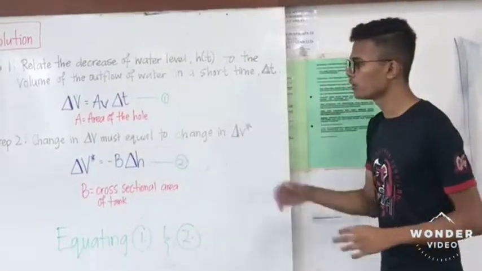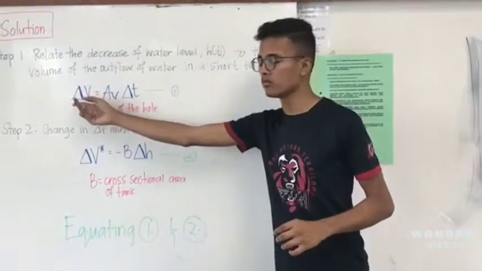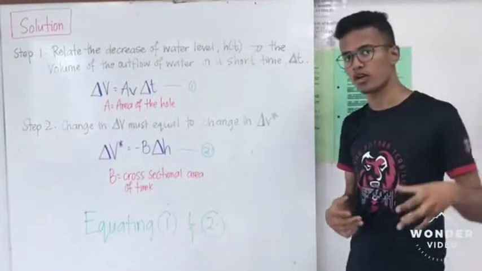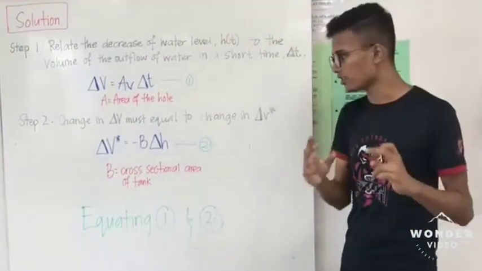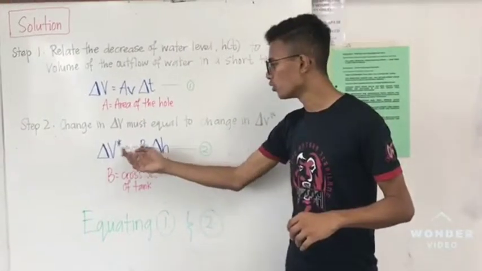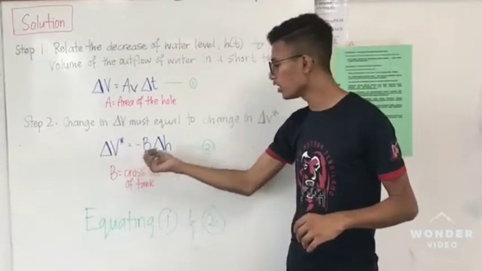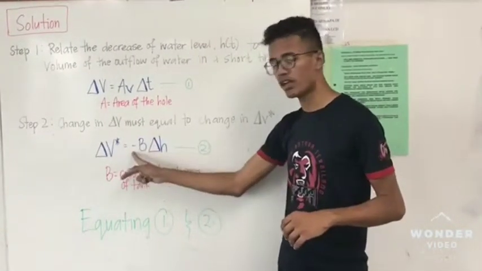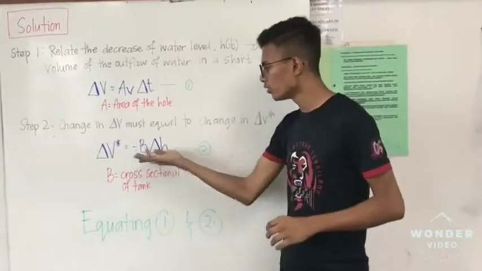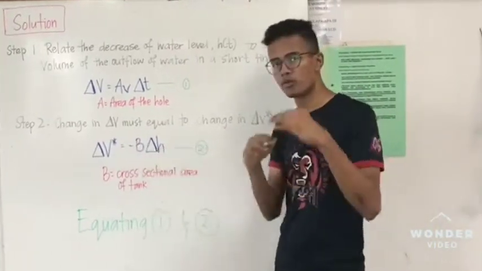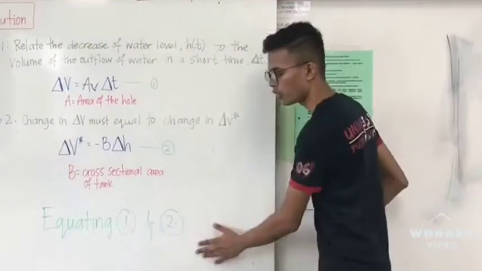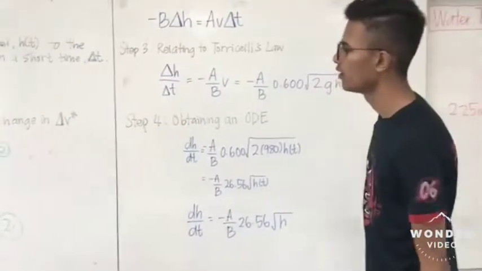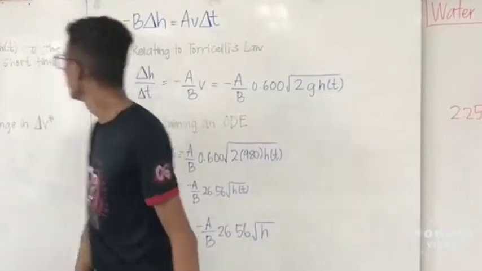Now step 2, we should relate the change in volume of water. As the water is pouring out of the hole, the volume of water in the tank is decreasing. So we are relating that to the rate of change of volume of water equals the cross-sectional area times the rate of change in height. Why we put a negative here is because the height is decreasing, so the rate of change of height will be negative. Once we equate 1 and 2, which is this V equals this V,